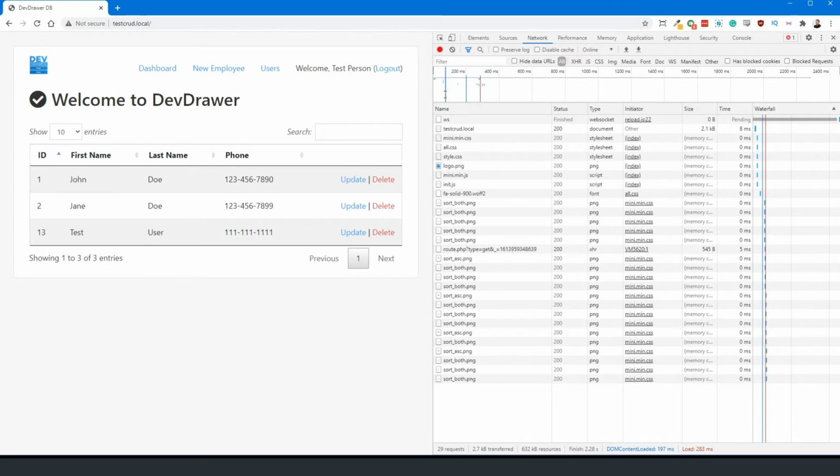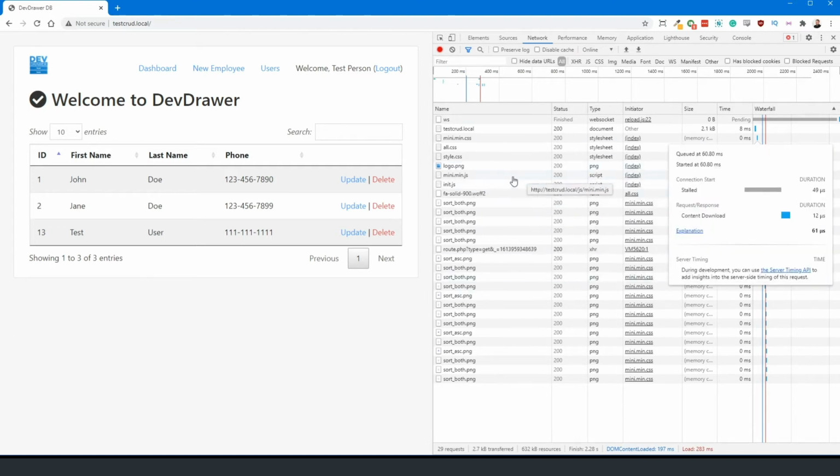to find out which elements are maybe holding up load time. Maybe you have a very large script or style sheet that's being loaded first, and it's causing the rest of your page to halt for a second. So it'll tell you that it's being loaded first. Maybe we should move that down to the bottom of the footer so that it happens later on and it doesn't prevent an image or a certain style from being loaded. So you can check all of this as it's coming in to help you optimize your website just a little bit. And then they also have all of these other options up here where you can filter